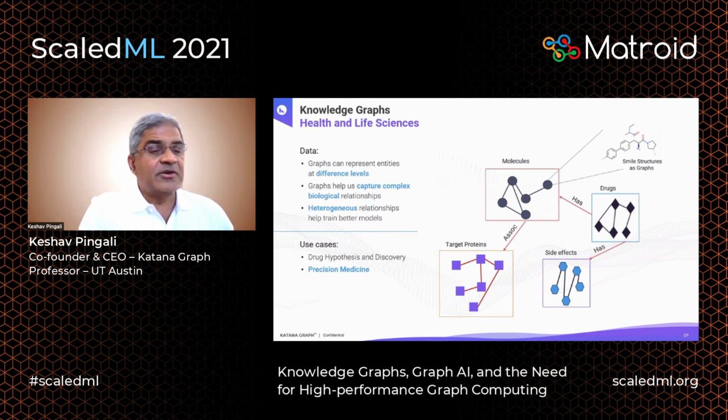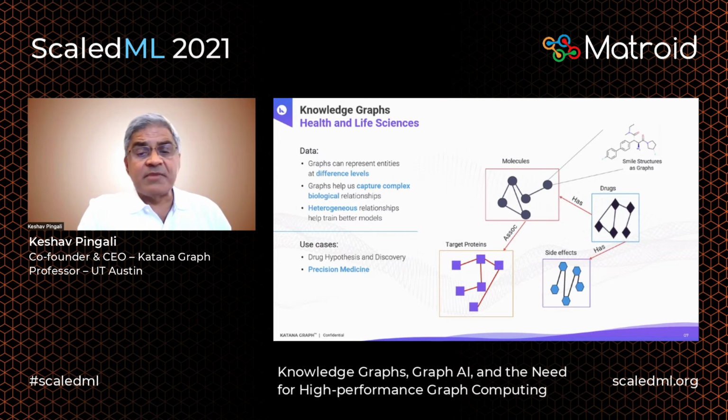One of the nice things about graphs is that they can represent entities at different levels of abstraction. So a molecule might be represented by a single node as far as these kinds of drug interactions go. But the molecule itself can be looked at as a graph. That's basically if you look at it at the atomic level and you look at the chemical bonds between all of the atoms. That itself is a graph, and that also can be represented within the same graph. And so this is one of the advantages that everybody talks about regarding graphical data. Graphs can represent entities at different levels of abstraction.